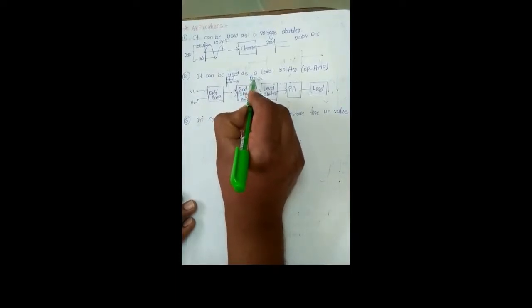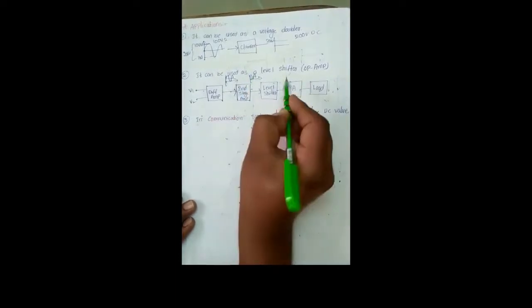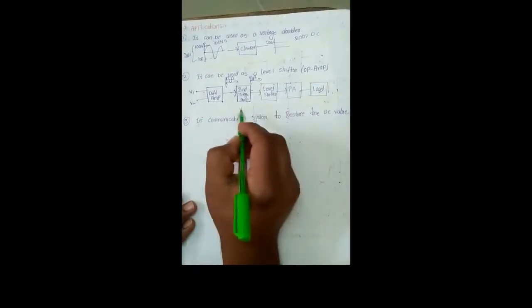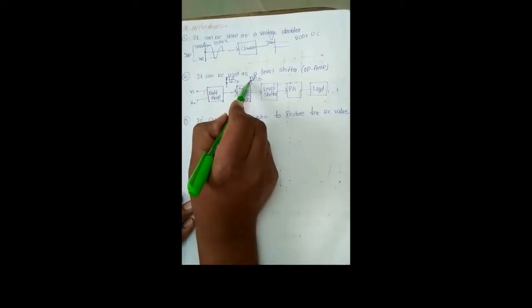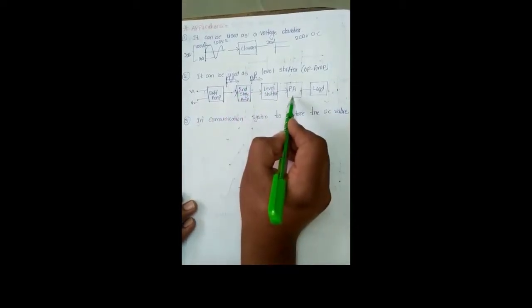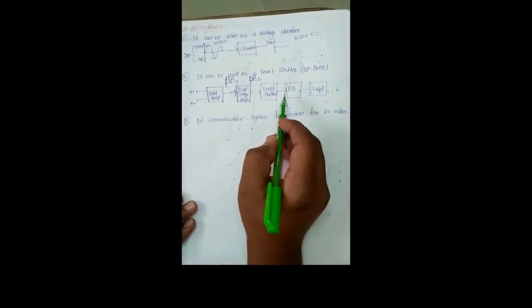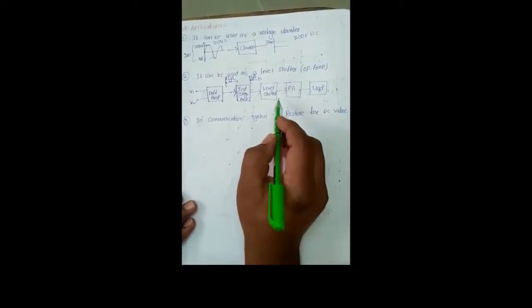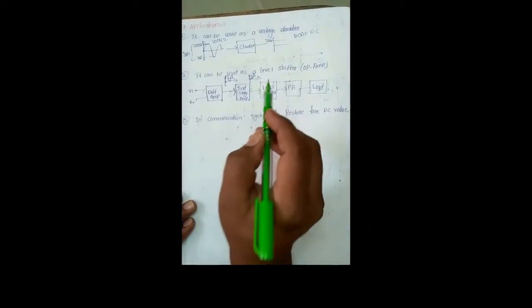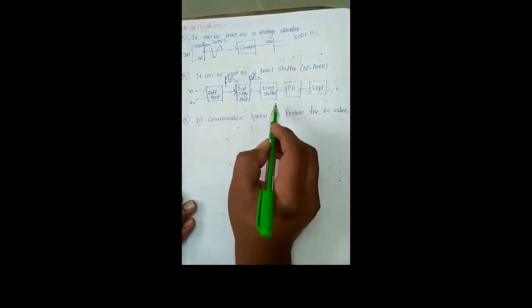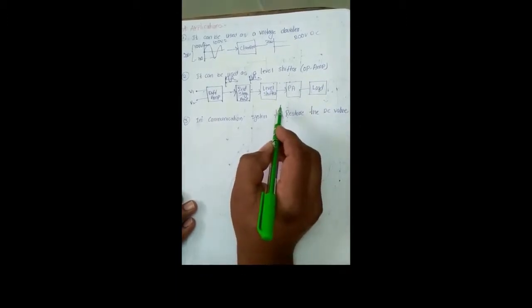Now this signal is given to the input of the level shifter. For example, here we are not using the level shifter. What happens is that this signal is given to the input of the power amplifier. We know that to construct any amplifier circuit, we definitely use a transistor. The transistor is operated in the active region. We know that only in this active region is the transistor acting as an amplifier circuit.